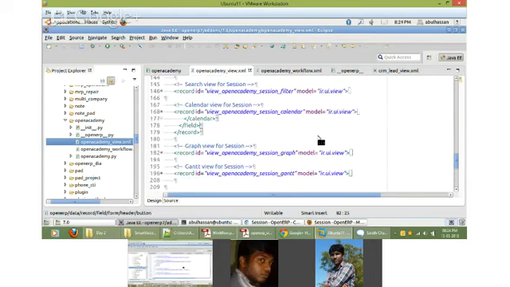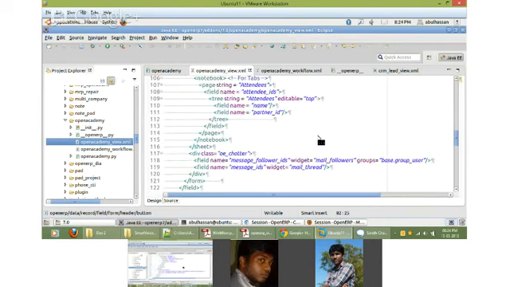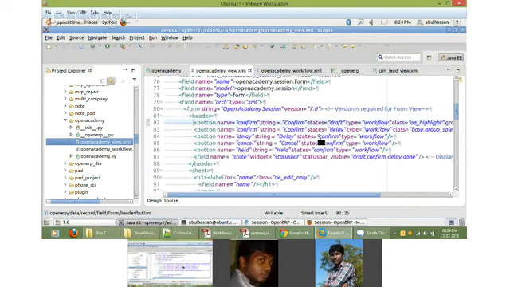Sorry, another one is the Kanban view. Only in Kanban view and form view will you be able to write HTML code. In other places you cannot write HTML code. You will only have to follow the tags that are allowed by OpenERP.